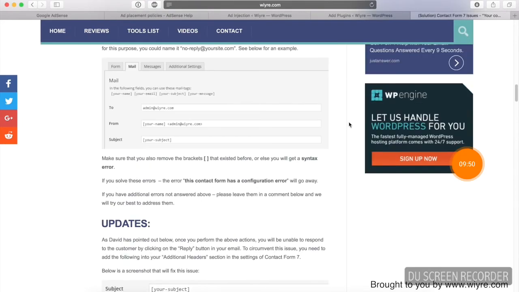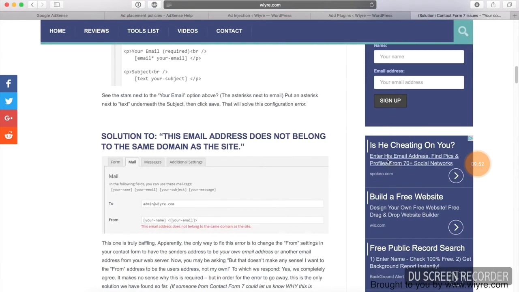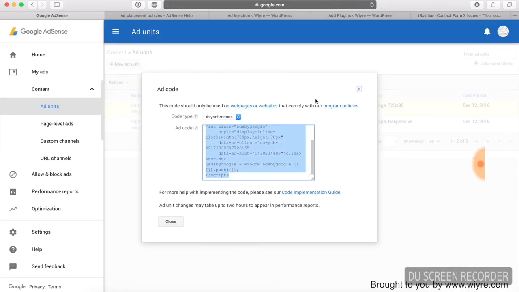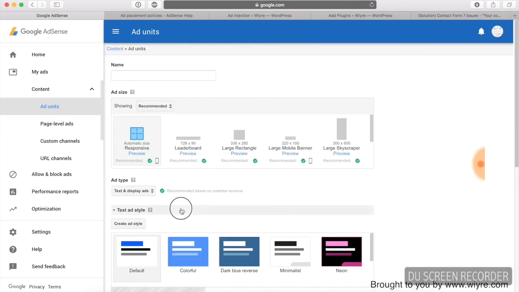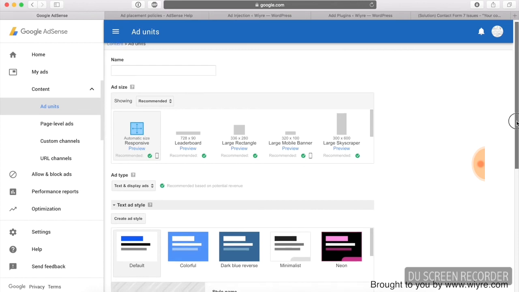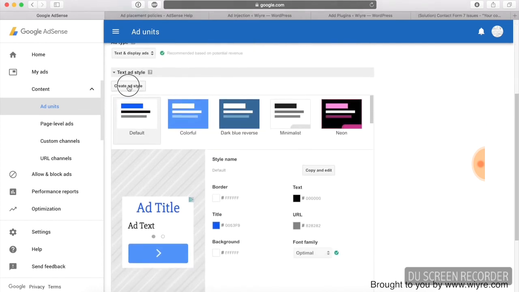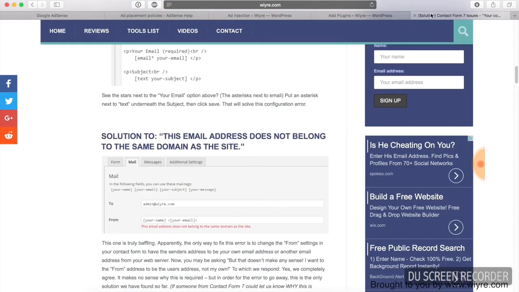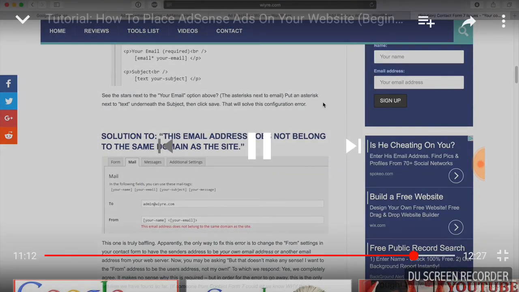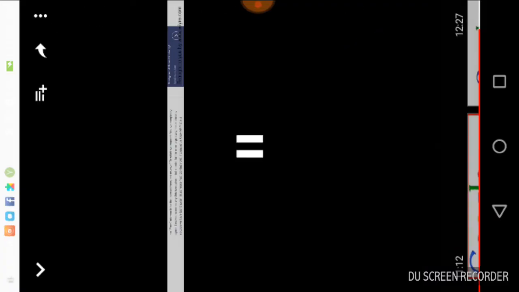And something interesting you'll notice about this ad is that it kind of resembles the look of my website. And the way I did this is I went back to my ad units and I created a new ad with a text style that resembles the properties on my site. So you can actually name this too. So I think I named mine website template. So I was able to go ahead and change the background to whatever the color scheme I had working on the website, and that just makes it blend in a little bit more and a little bit less intrusive to the visitors. So once you've gone ahead and done this, again, you want to